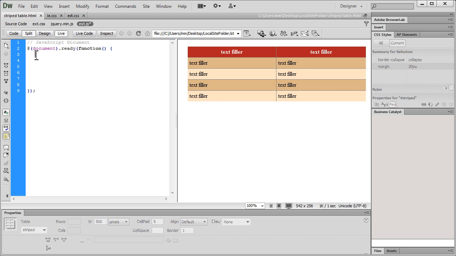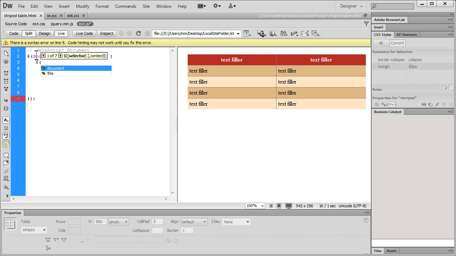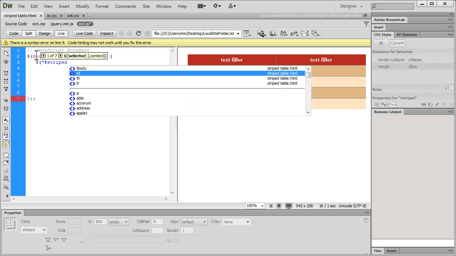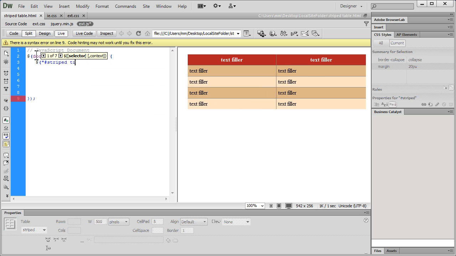I'm going to reference $, and then I'm going to say striped, which is the ID for the table, and inside that I'm going to reference the table rows, but up front I would want to target only the odd numbered table rows. So let's say odd. Let's close the quotation marks like this, and then say dot